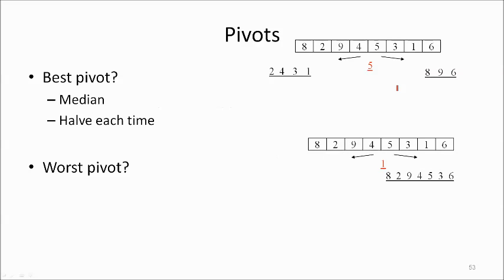What is the worst pivot? The worst pivot, as an example here, is 1. Why? 1 is the least element of all the other elements. So meaning to say, if you select 1, we cannot divide the elements. It's the same with 9. If you select 9, then how can you divide the elements? Okay? It's not equally divided.